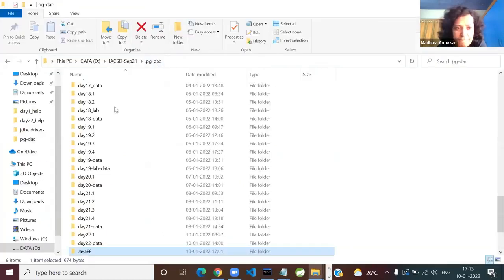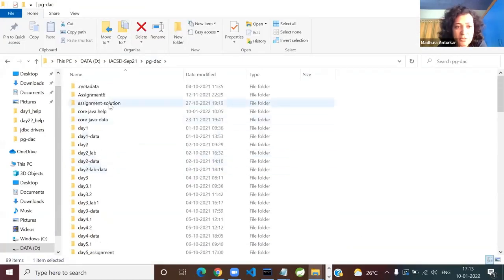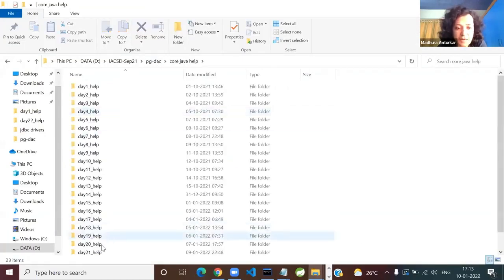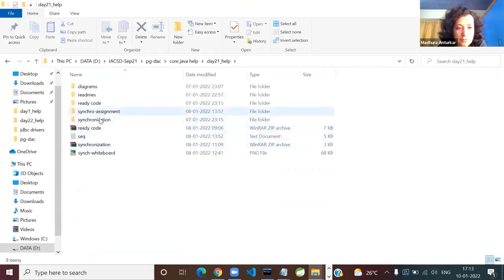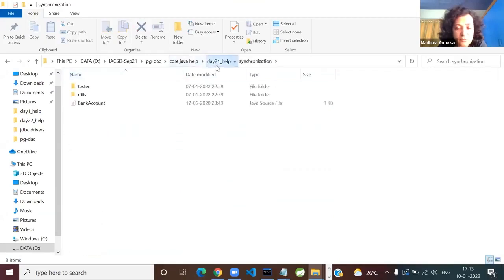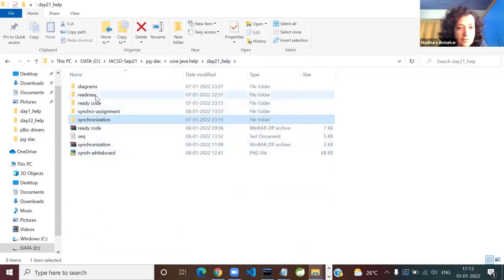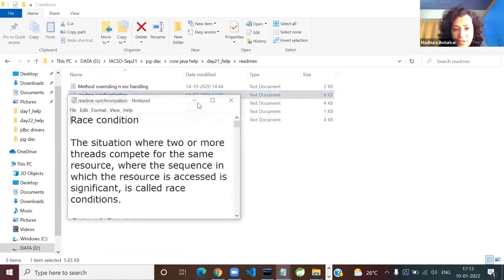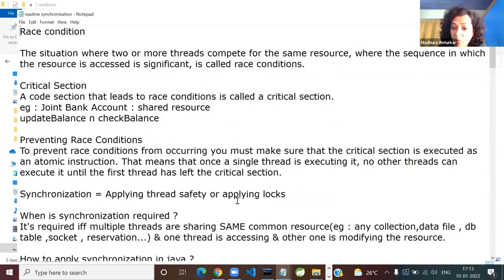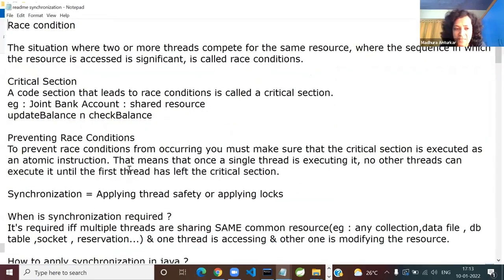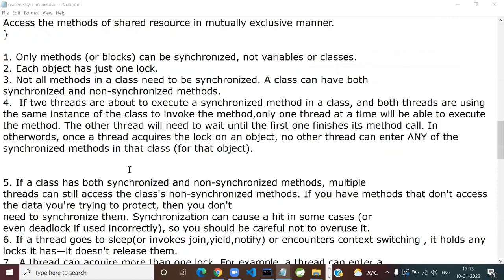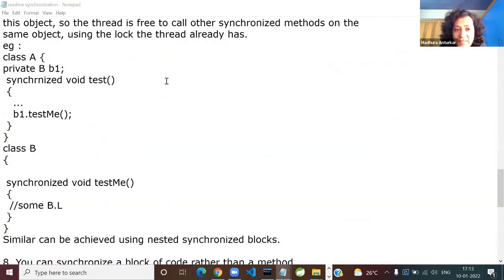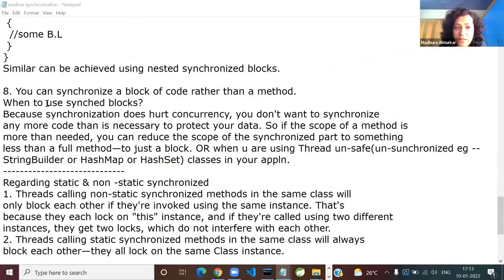In the readme on synchronization, I have already told you what to expect. You just have to set up the test cases. Here, this is the last part regarding static and non-static synchronized.